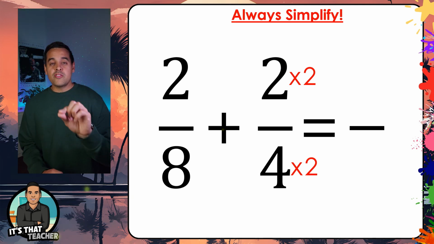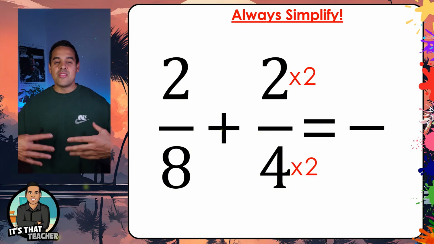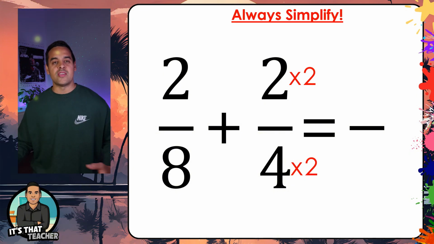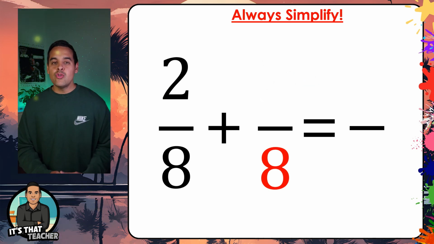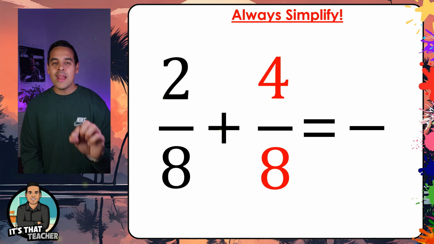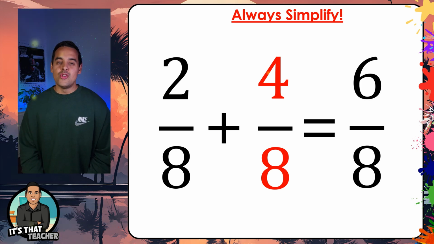So we have 2 times 2 and 4 times 4. Now remember, work this out and rewrite the fraction so that you have a new fraction. So 4 times 2 is going to be 8 and 2 times 2 is going to be 4 for our new fraction, 4/8. So now we do not add the denominators, they stay exactly the same. And the only thing we add here is the numerators. Your fraction here is going to be